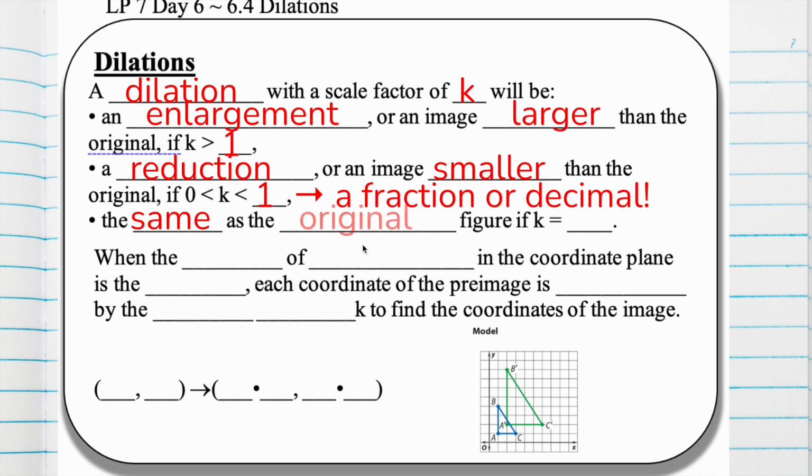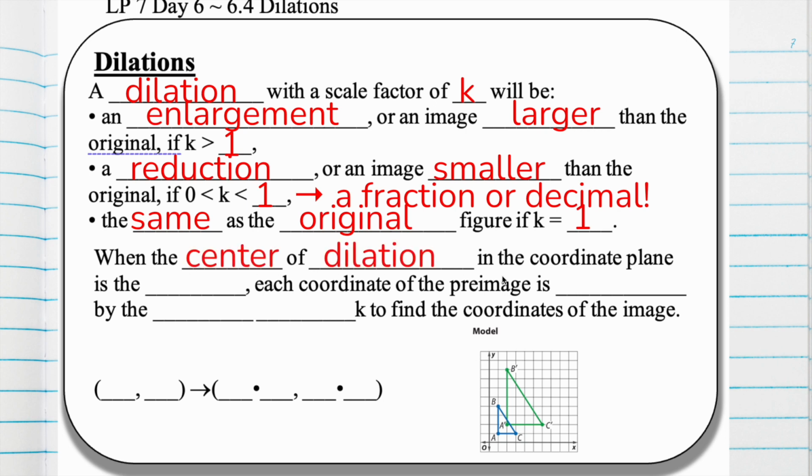And it'll be the same as the original figure if k is 1. So if our scale factor is 1, that means nothing's changing, right? But if it's larger than 1, that means we're going to get bigger. If it's smaller than 1, but more than 0, we can't have a negative, then that means it's getting smaller